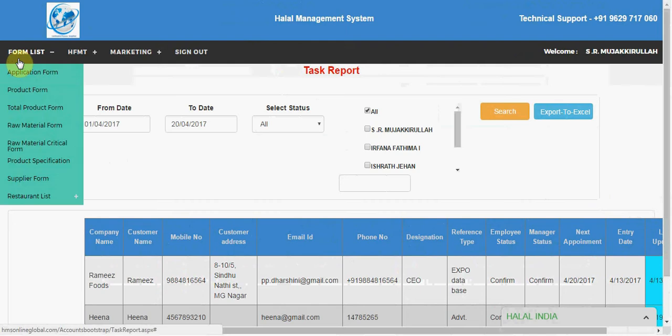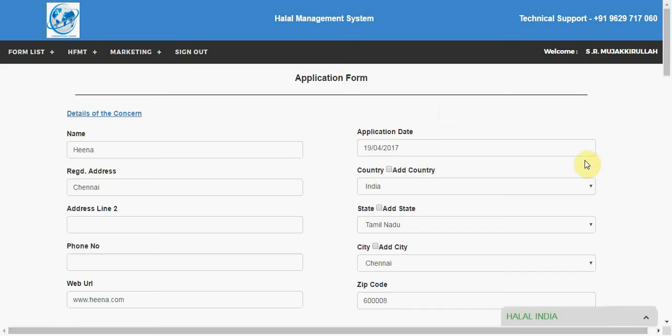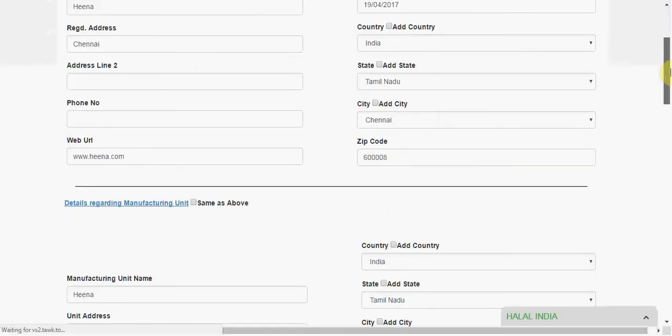The form, as I said earlier, the forms listed here are application, product, total product, raw material, product specification, and supplier form. So once the lead makes confirmation for Halal certificate generation, the application form will be filled. The application form comprises general details of the particular concern, so details of the concern,